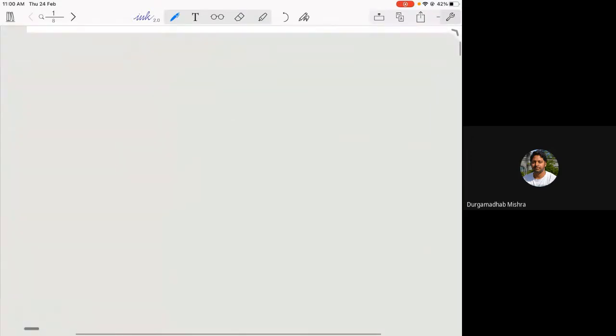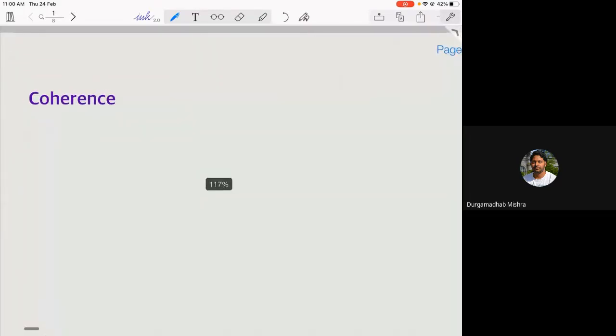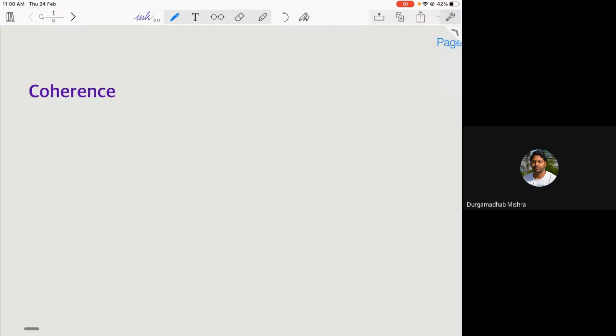So in the last class, we were discussing this coherence of a beam, how it is defined. So when we talk about any source, we basically have an electromagnetic wave that is associated with the incident light,